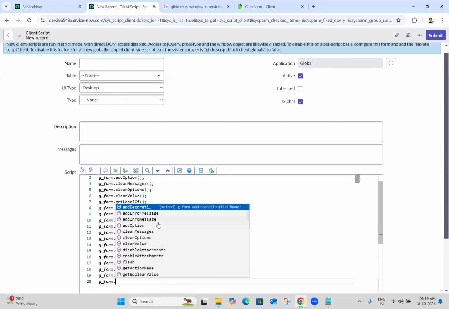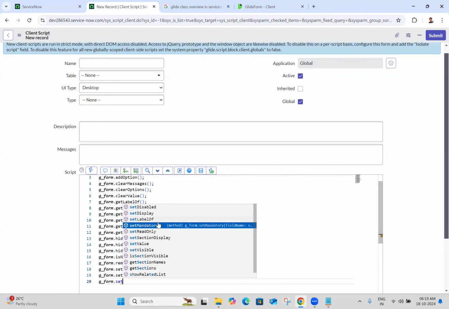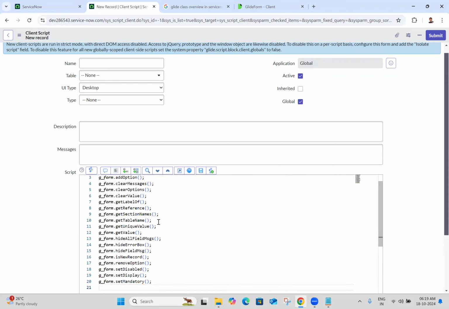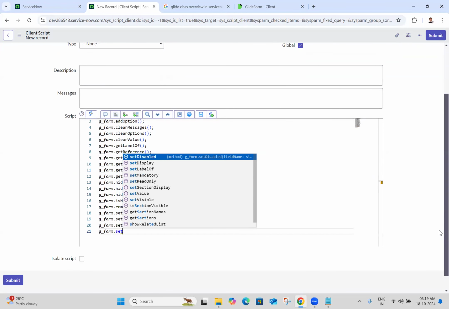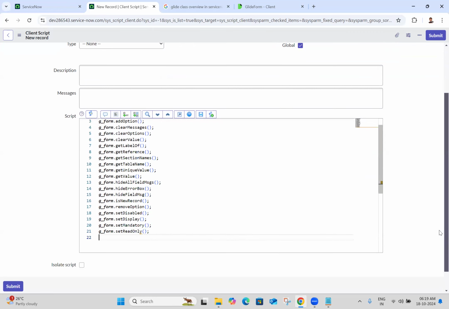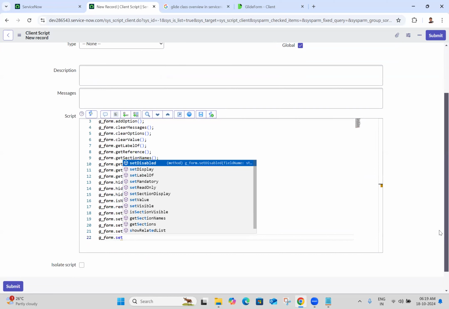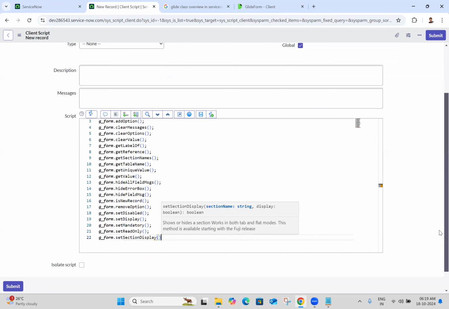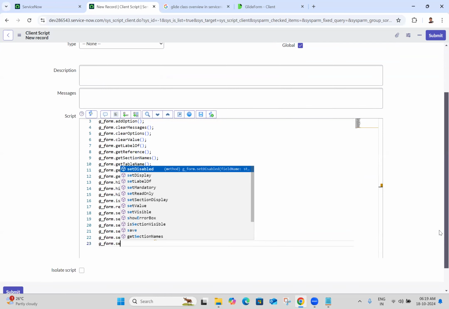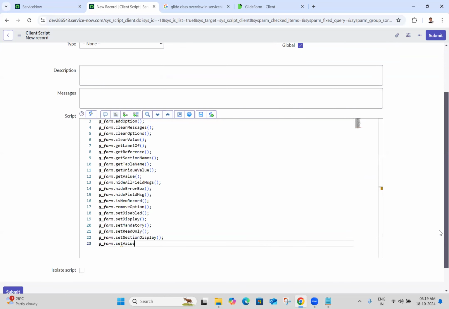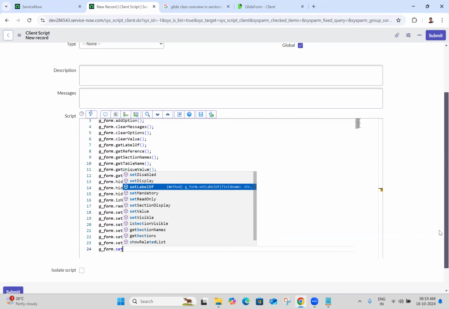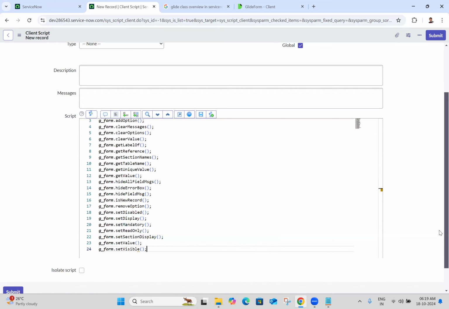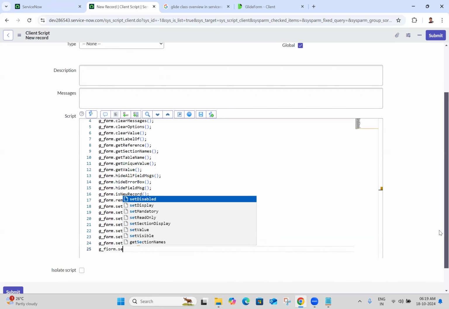The underscore form dot set mandatory, the underscore form dot set read only, the underscore form dot set session display, the underscore form dot set value, the underscore form dot set visible, the underscore form dot set